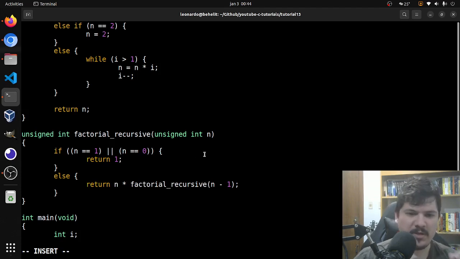If it is 3, it goes to 3 times factorial of 3 minus 1, which is 2. And then it goes to here, it will be 2 times factorial of 2 minus 1, which is 1. And then it returns 3 times 2 times 1. Okay, so here you can see the recursive part. It will keep calling itself over and over until it converges to a certain condition, and then it will give